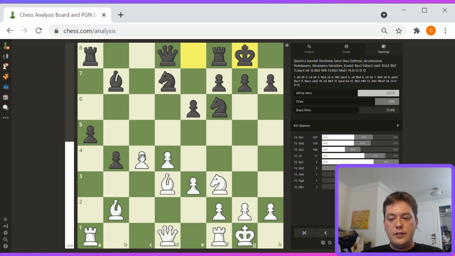But I just basically wanted to, confused on a takes b5. Yeah, it's mostly just to undermine the queenside pawns. I would think about this in terms of